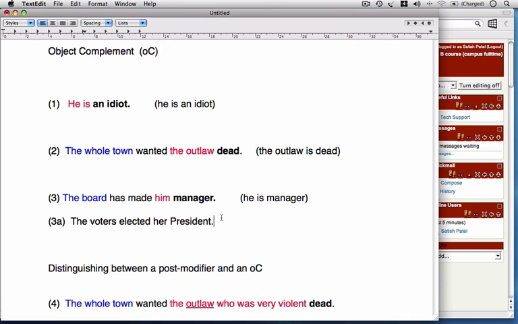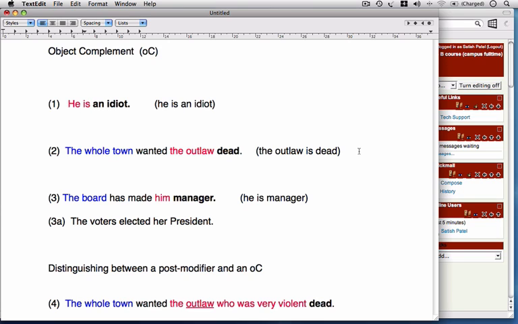So as you can see here, you have the voters, these were the doers, the subject. Elected is the predicator. Her, this is the object. And because of their election, because of their voting, they changed her from being an ordinary citizen to being the president. And in this case, president is the object complement.